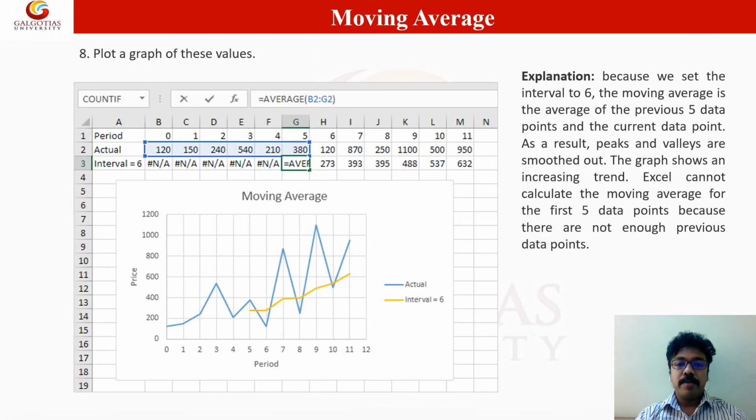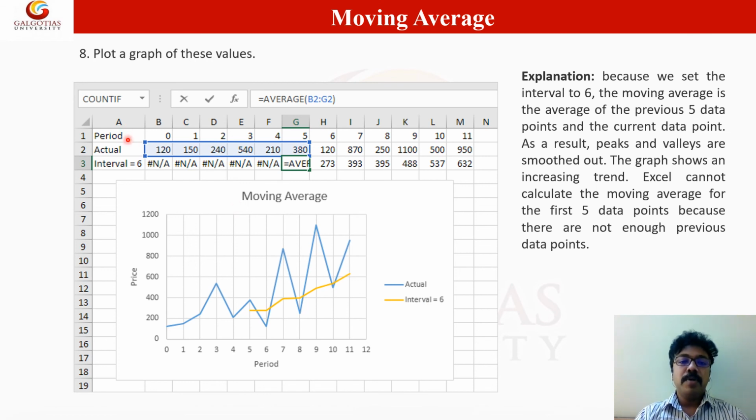Once you set everything, you can click OK so that it will plot a new graph with the actual graph and the moving average graph, based on the interval which you have used. We have given the interval value as 6.